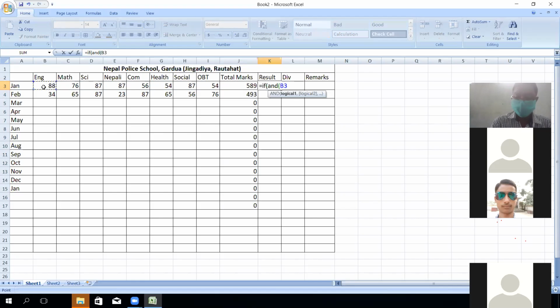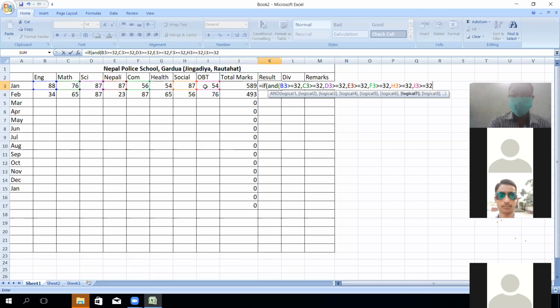This value is greater than or equal to 32 comma, this value greater than or equal to 32 comma, and for all the values we need to indicate 32 comma, and the last one greater than or equal to 32.